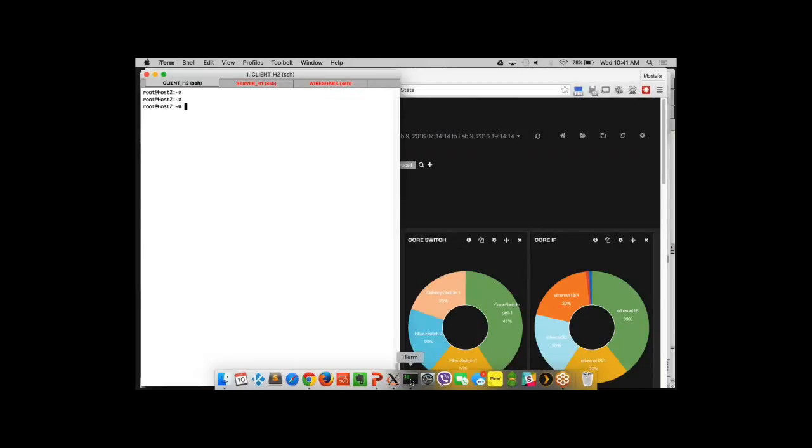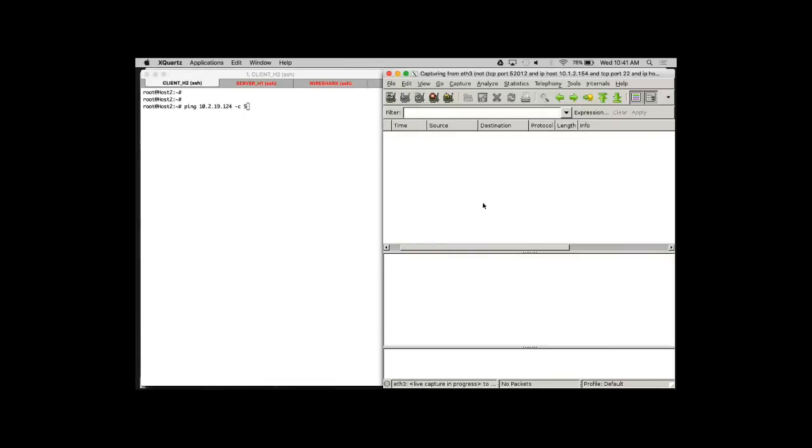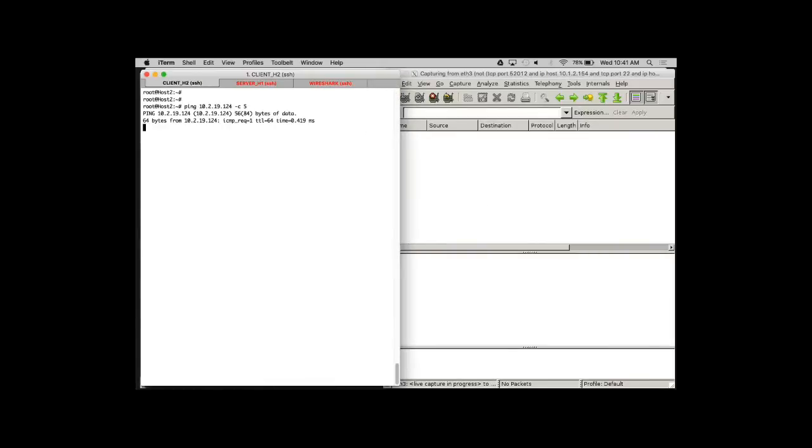So this is my terminal. I have a client over here. I will ping the server 5 times. So this is count 5, and this is the server IP address. On the right side, you see Wireshark. So if I do that,